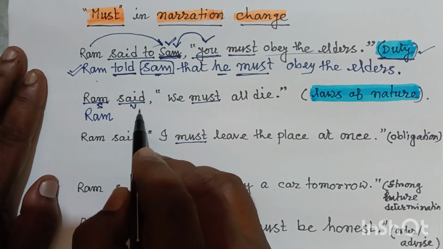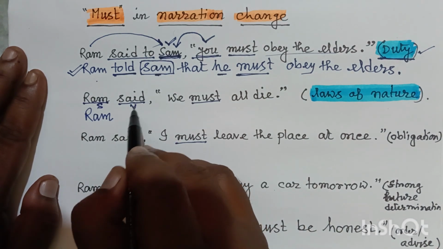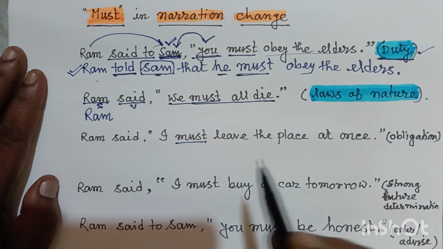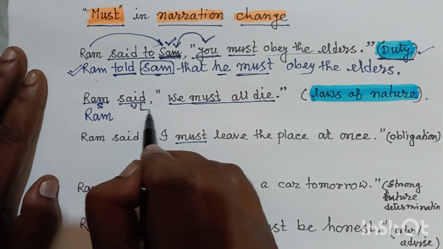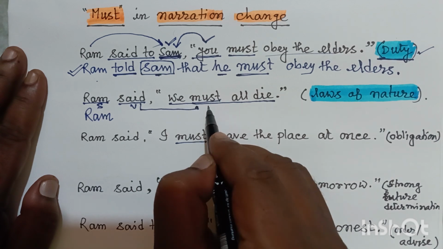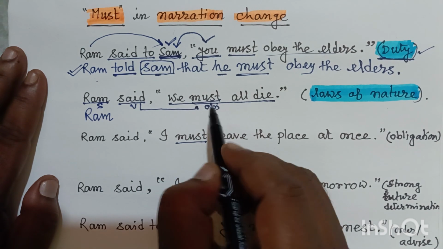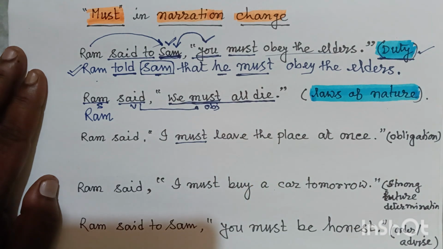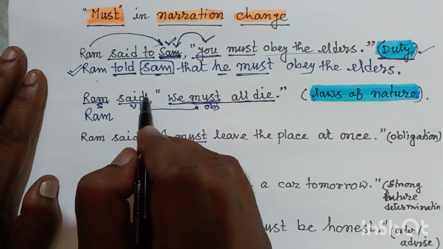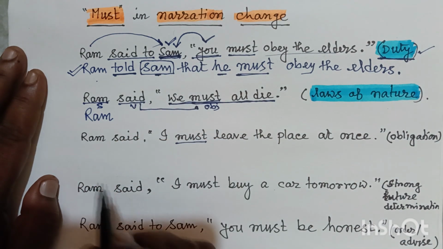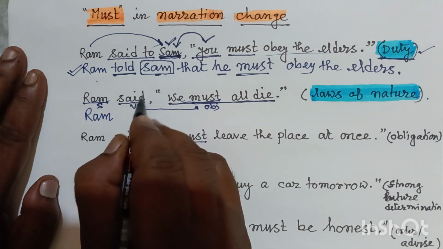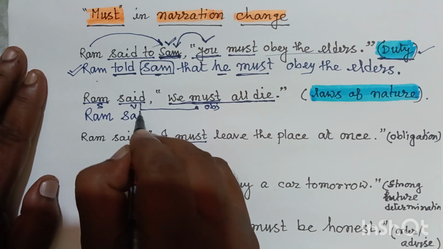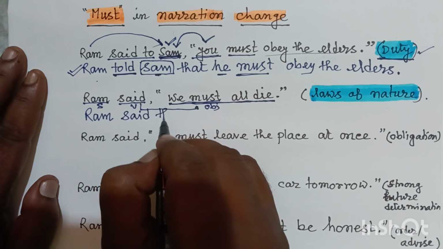And said is basically a monotransitive verb, and the entire clause is the object of this verb. It is a clause, so obviously it's a noun clause. Now, as there is one object, we can keep said the same. Ram said that